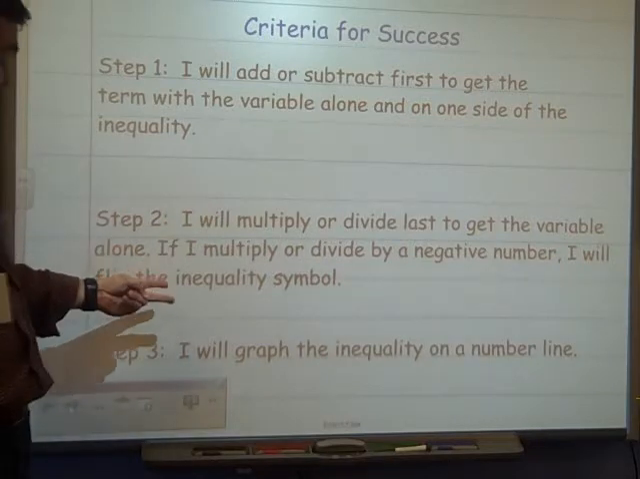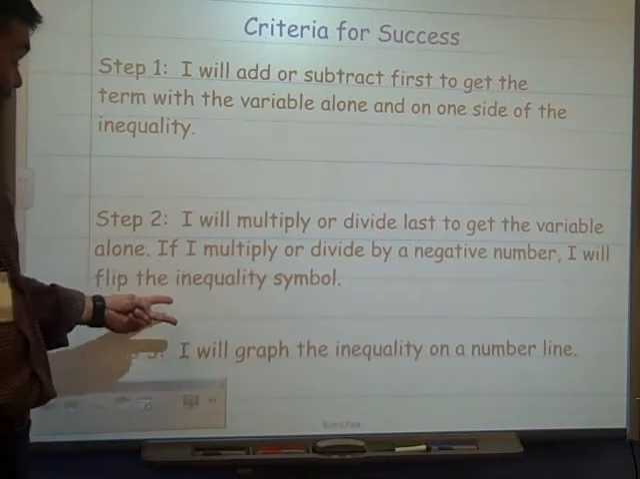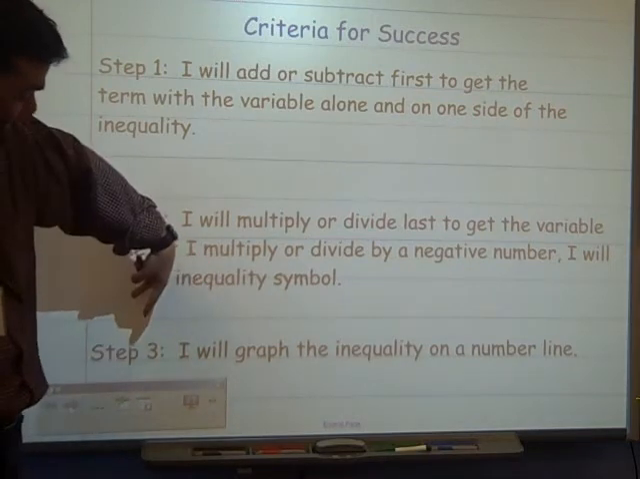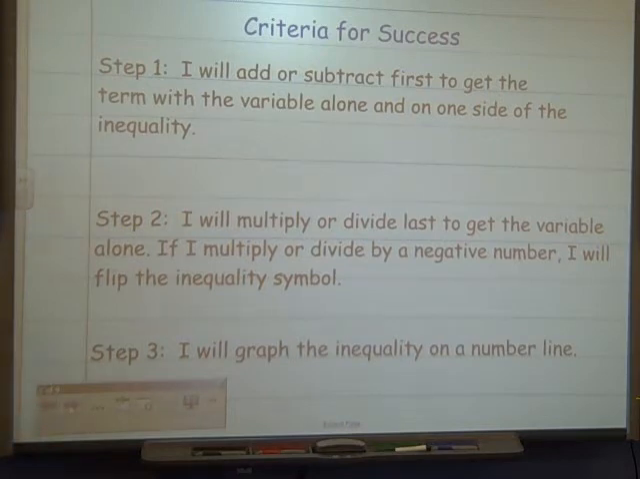The only trick here is, if you multiply or divide by a negative, you're going to have to flip the inequality over. So less than becomes greater than, becomes less than. And then the third step, I will graph the inequality on a number line. So, quick review